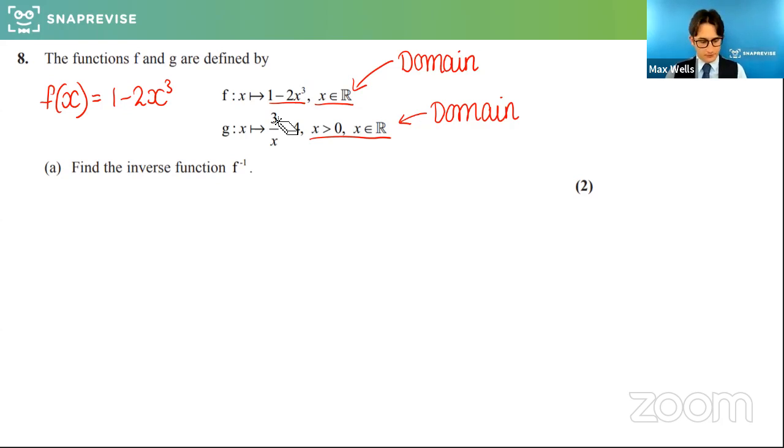Okay, excellent. So to find the inverse of the function f, and the notation for it is f minus 1, this might be something you've seen before, but in order to do the inverse, we can use the little trick of calling it y equals and then swap x and y around. So for example, if I say y is equal to 1 minus 2x cubed,